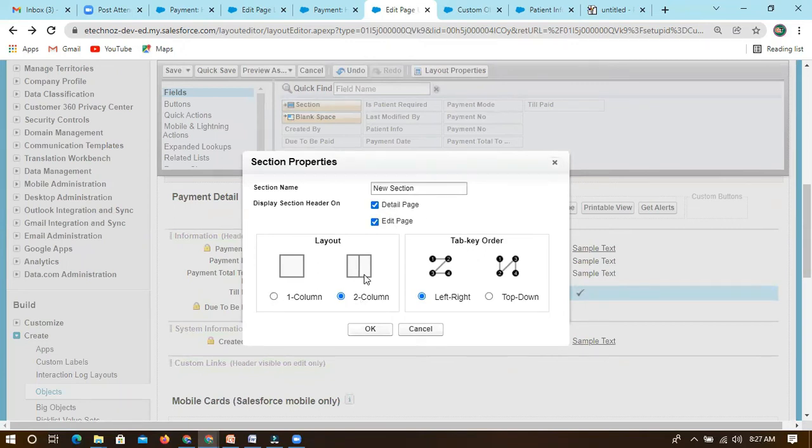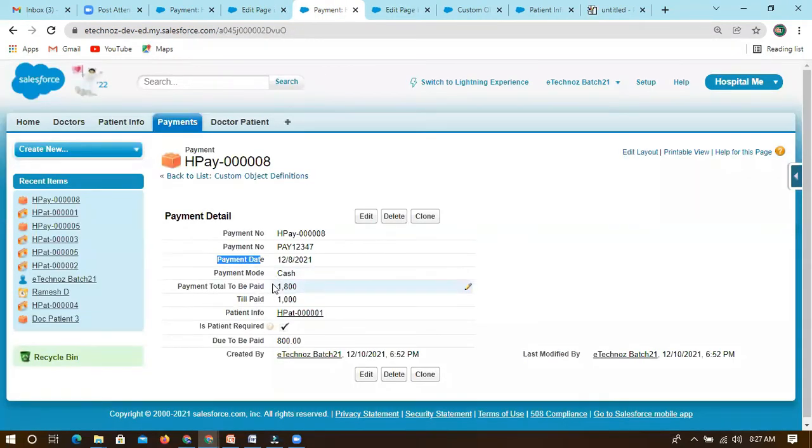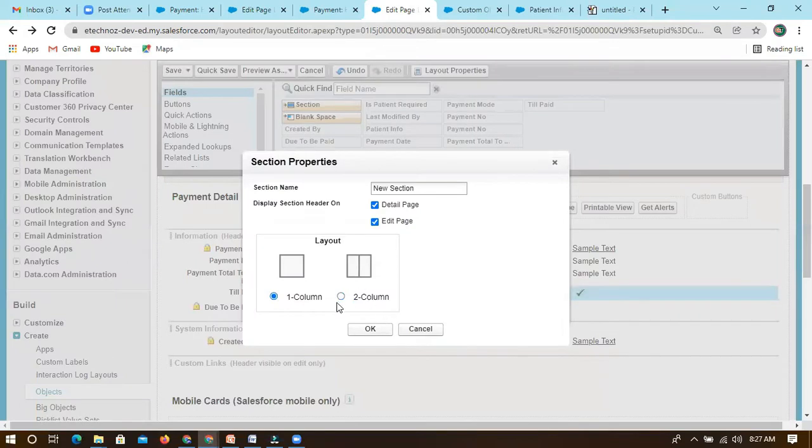And is it two columns or a single column? A single column will be only on the left side. A double column will have a left side and a right side, both we can use. And the tab key order, how do you want it, left to right or top to bottom? Better we go with left to right. So with this, what will happen? When you are creating data, when you are creating some fields, it will be aligned based on this. If it is two columns, what will the backend do? Let's say you created one more field.